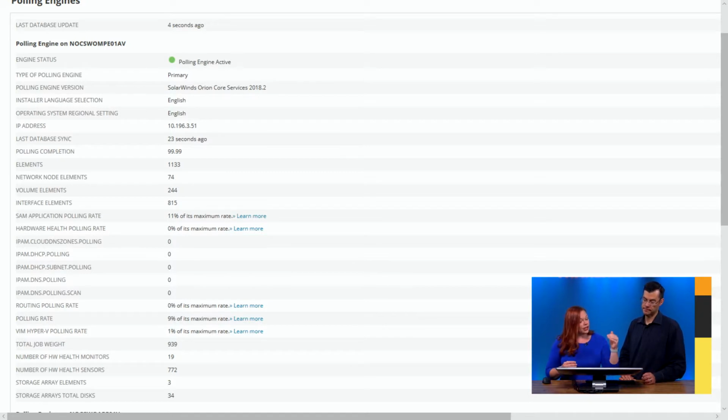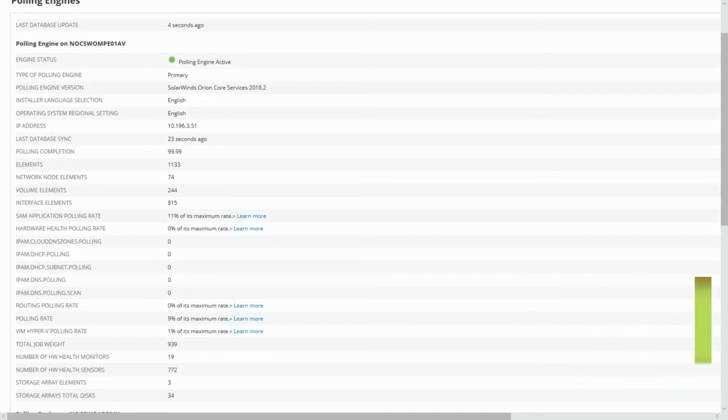Exactly. And then something that I like to really focus in on, because you were using the Server and Application Monitor, talking about it along with your DPA, is that we will show you the SAM application polling rate. Now, the reason why that makes a difference is because the Server and Application Monitor has different components that you can use. So it's using SNMP, it'll use queries that can come across. It can be its own little guru of things that can come through there. You need to know how much of that utilization is being run.